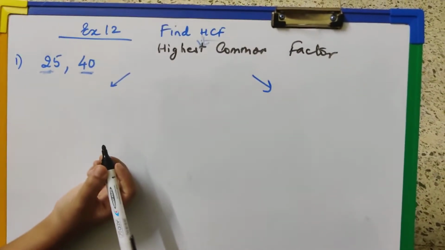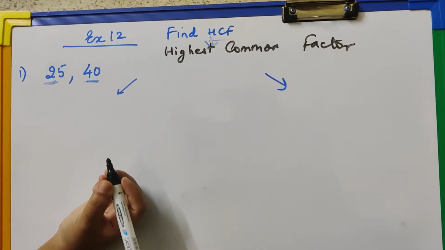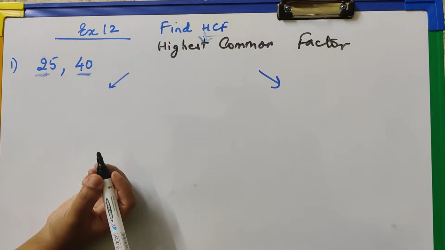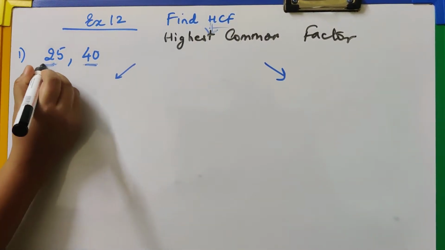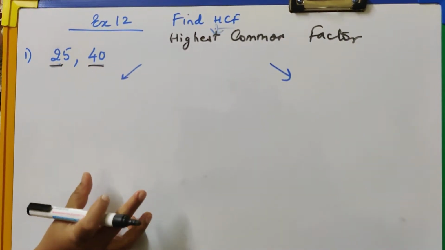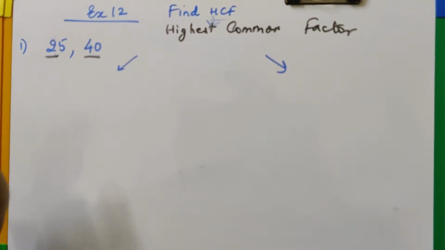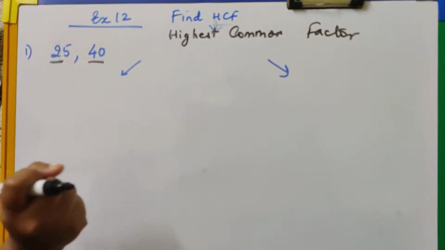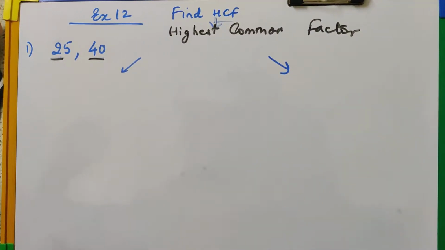So let's find the HCF, that is highest common factor. As you are familiar, in the previous exercise we were finding factors, prime factors of one number. But now they will be giving you two numbers and you have to find the factors and compare those factors to see which is the highest number. That is why it's termed the highest common factor: the common factor of both the numbers which is the highest number.